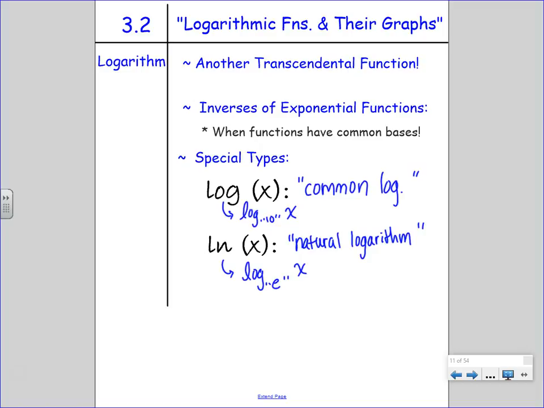Is there anything else we should write on this page? Now let's keep going. Wait, hold on. What's true about your calculator? Are there any special logarithmic buttons? Yes. Which ones? Log and ln. So when you see the log button, does it mean any log? No. What's it mean? Just log base 10. And if you see ln, does it mean any, well, first of all, it is a log, but second of all, it's a log with what base? E. Now, real quick, is there anything else in your calculator where you can deal with logs of different bases?